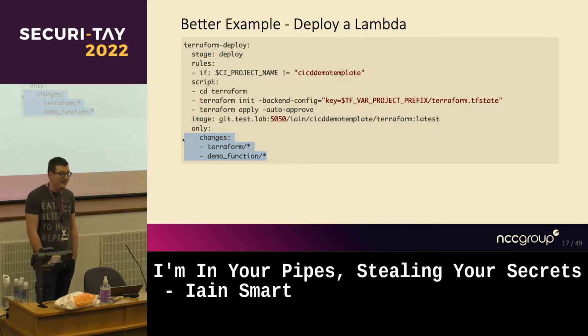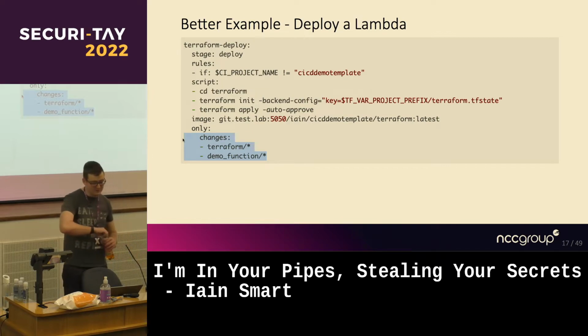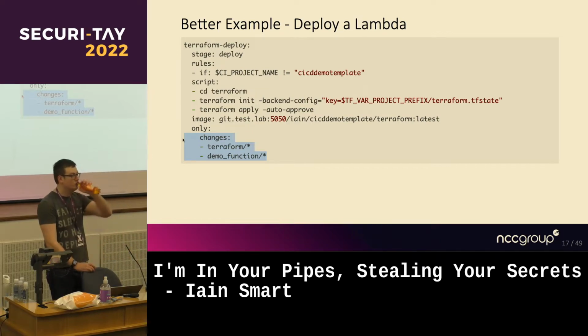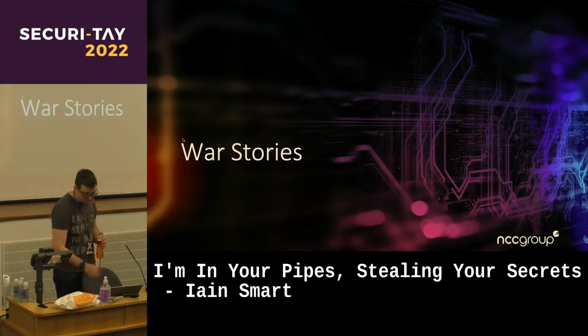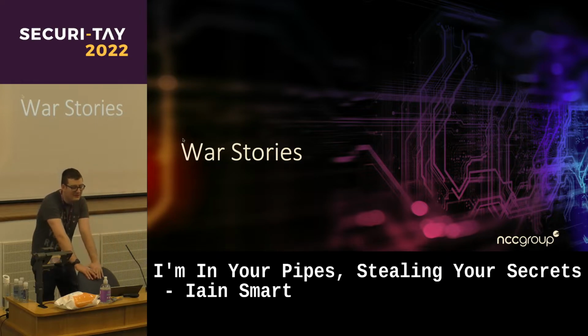The reason for this being, if you make a change to your README or something, you probably don't want to rebuild your whole environment because these pipelines can quite often take a long time to run. So there's all sorts of logic you can do in here as a dev, which is quite useful. So that was a quick whip around of what the pipelines look like. Anyone got any questions so far? Is that vaguely making sense? Basically, code goes in, code does stuff, built things come out.